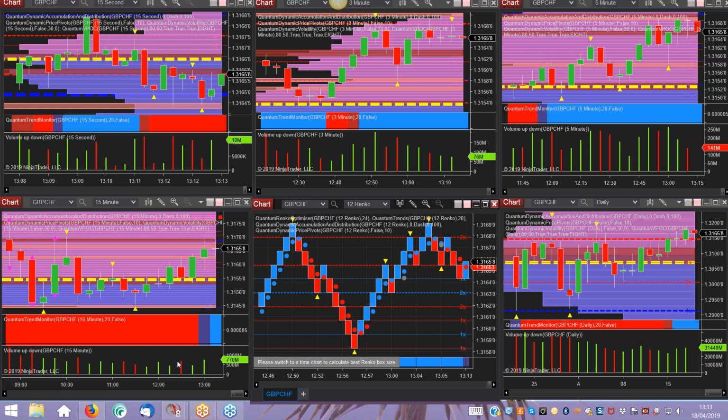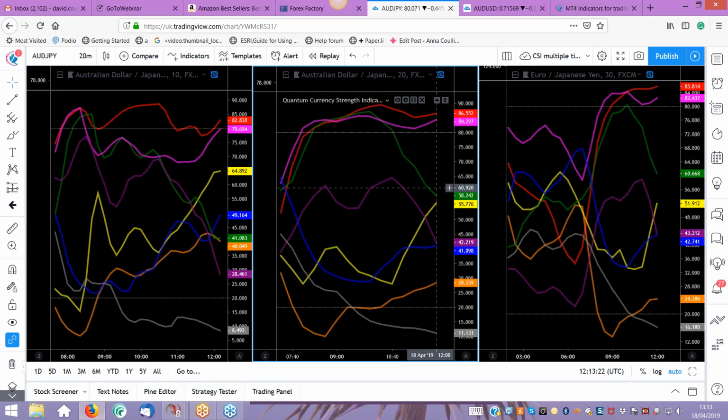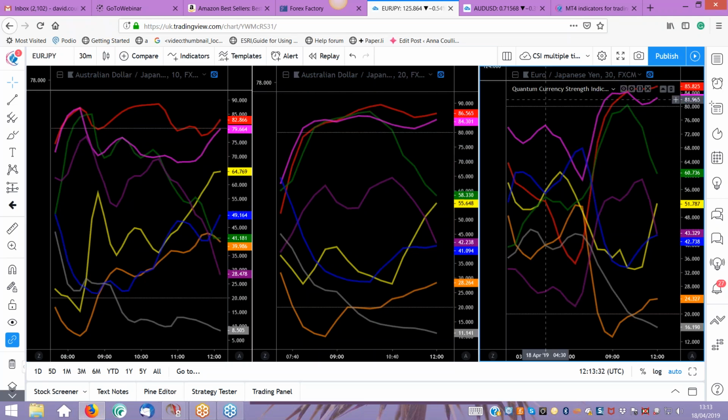This is basically the pound Swiss. The reason I've gone to the pound Swiss, I'll just flick that down because I've actually got TradingView up here, which is quite handy. And I've got multiple CSIs across the piece. This one is on 10-minute, this one's on 20-minute, and this one is on 30-minute, I think. Yeah, there we go. So it's 10, 20, and 30 basically. And what we're seeing at the moment is